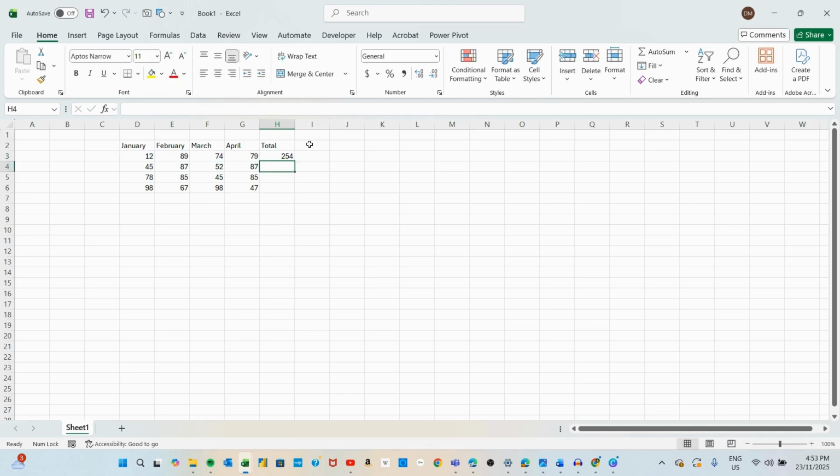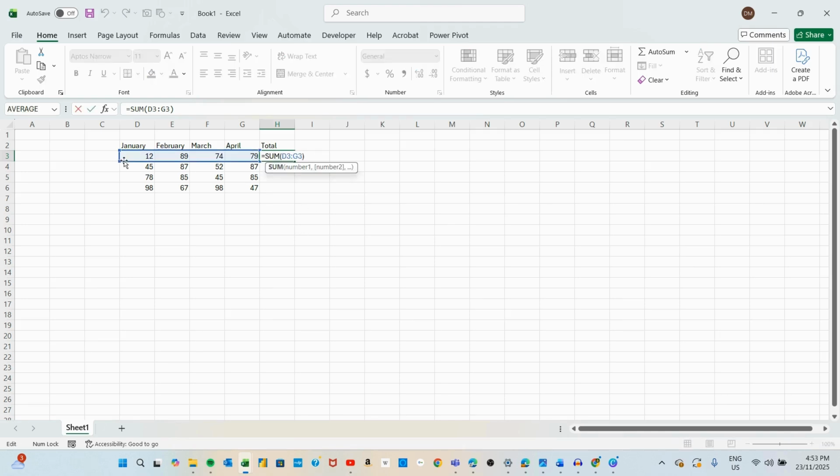There we have it. The total of cells D3 through G3, hard to say, those 4 cells displayed in H3. Now, if I double click to edit that cell, you'll see that it highlights them like so. Now, you can continue on creating that sum formula, that's fine,